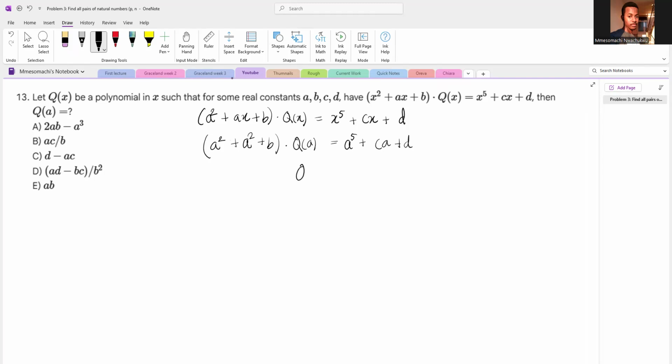So basically we have Q of a is equal to a to the power of 5 plus ca plus d, all over